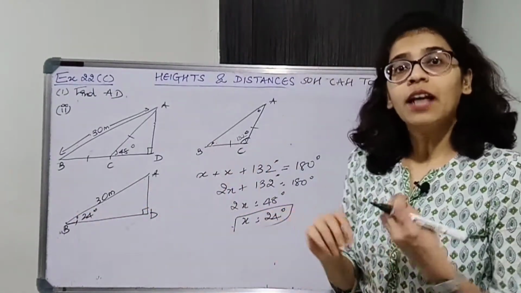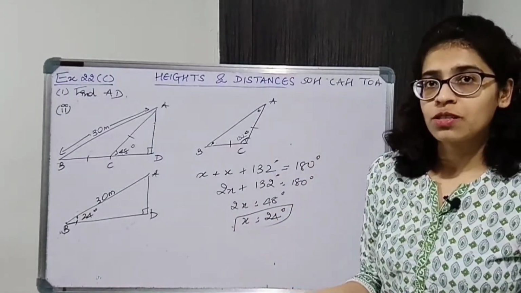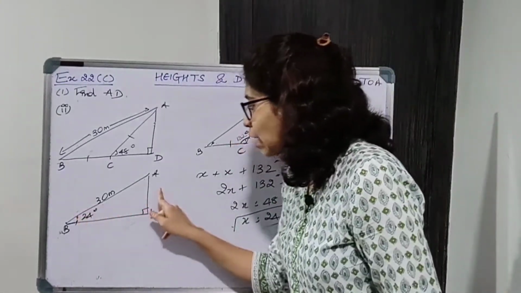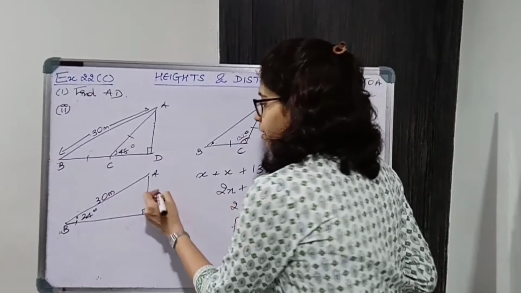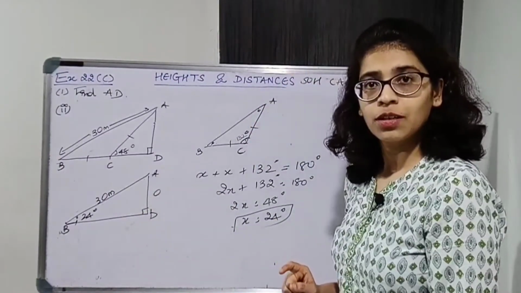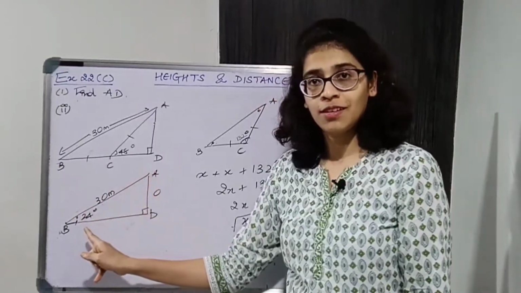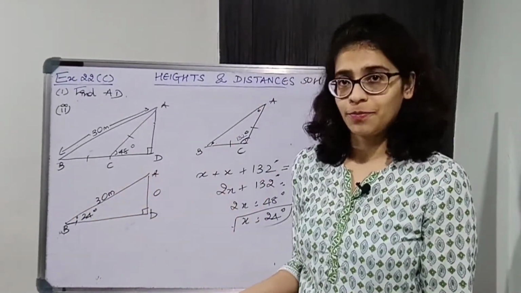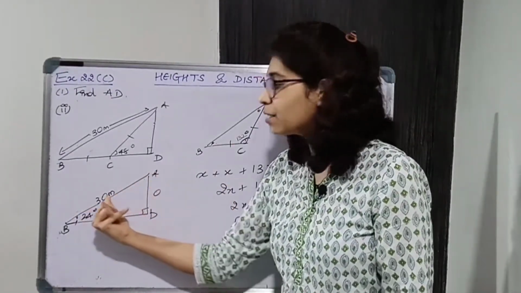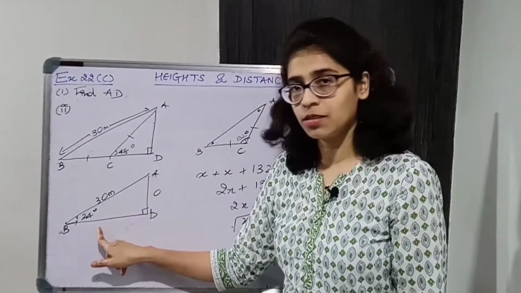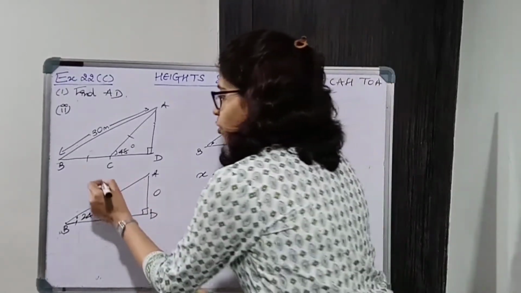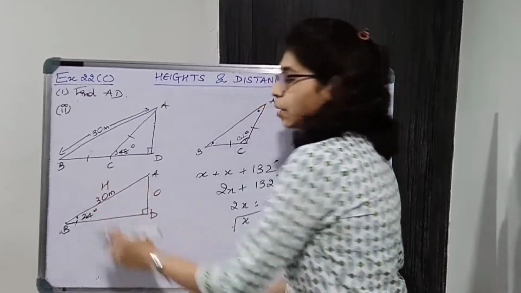Okay. Now which trigonometric ratio to use? Angle का opposite side find करना है. This is opposite. Which side is given to us? We are given the hypotenuse. We are not given the adjacent side. Okay. Hypotenuse दिया है. Right angle का opposite side. This is adjacent. This is hypotenuse. So opposite find करना है, hypotenuse is given.